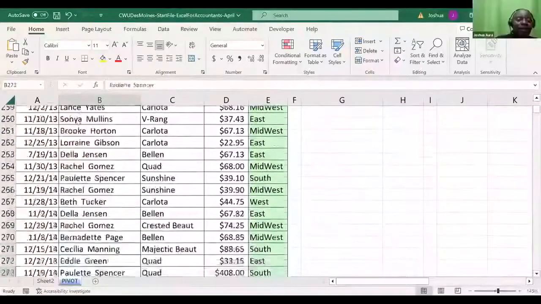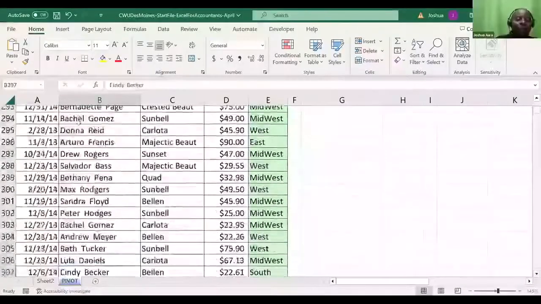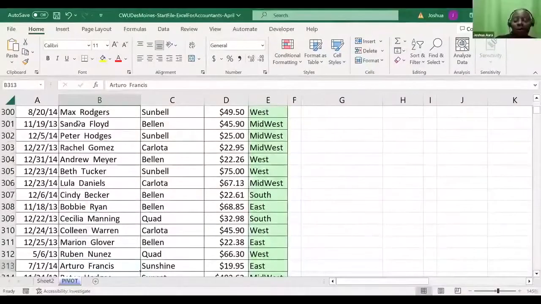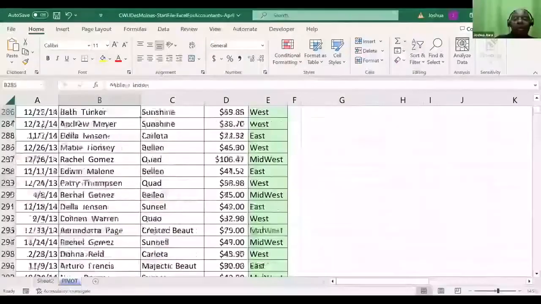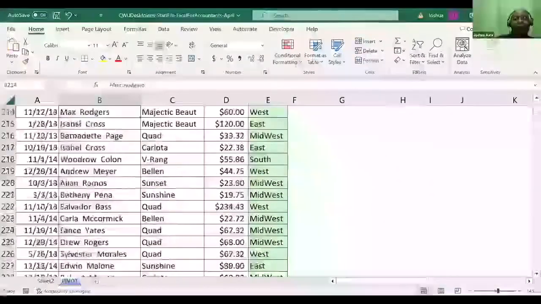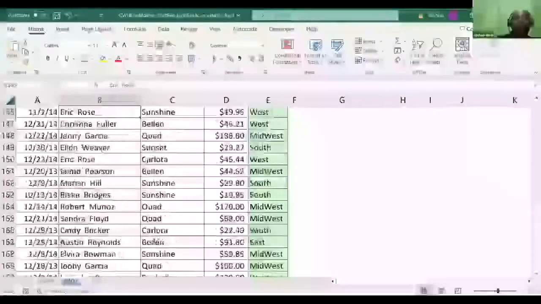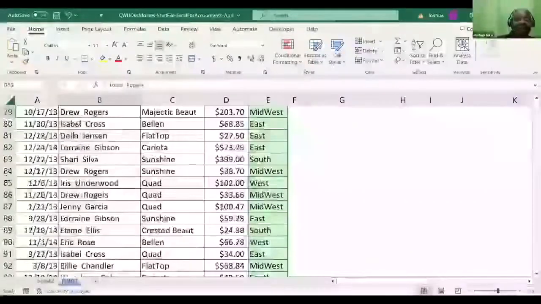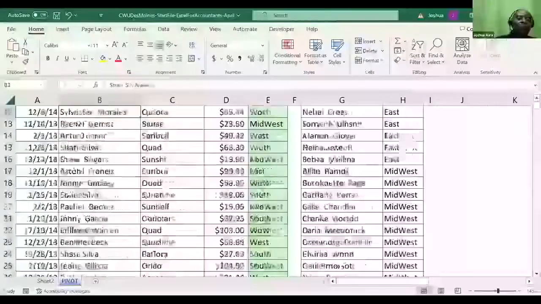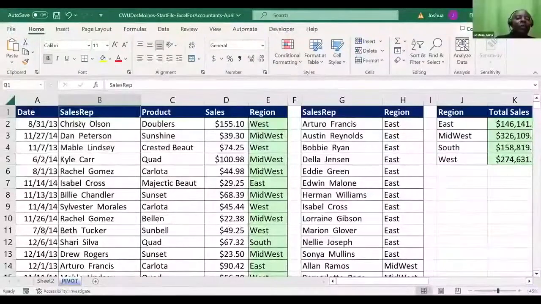But of course, these sales are too many. He must be appearing somewhere, and you can even search for him, but I don't want to go that way. So if I'm given this kind of data, and I'm interested in doing something very simple, just understanding this table, one of the finest ways of understanding this table, ladies and gentlemen, is for you to come and click anywhere inside the table. Remember what we said.